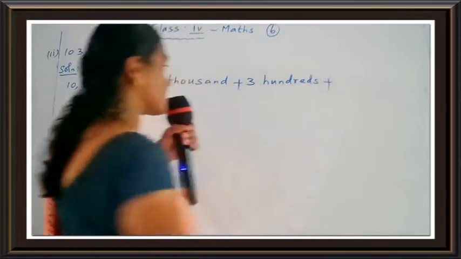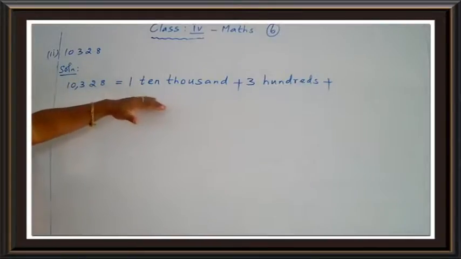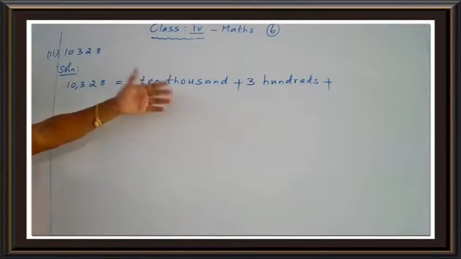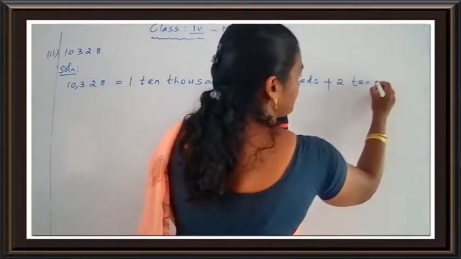If it is there in the short form, we should not represent it in the expanded form. But when writing from the expanded form to the short form, we must represent the 0. Okay, so don't forget that. So 1 10,000 plus 0, so that's why we do not represent it in the expanded form. Next digit is 3. So what is the place value of 3? Ones, tens, 100, 300s. Okay, now you come to the next digit, 2. So the place value of 2 is 2 tens.